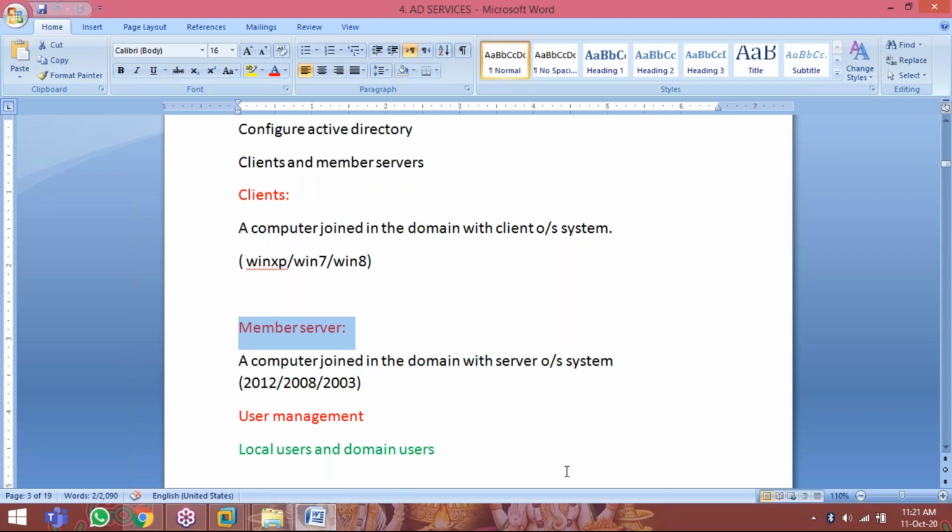I am installing Server 2016. Again, I can install another 2016 server, and that 2016 server also I can add to the domain controller. That is called a member server. Simply, they will ask what is a domain client and what is a member server. Adding a client computer to the domain controller is called a domain client. Adding a server OS to the domain controller is nothing but a member server.